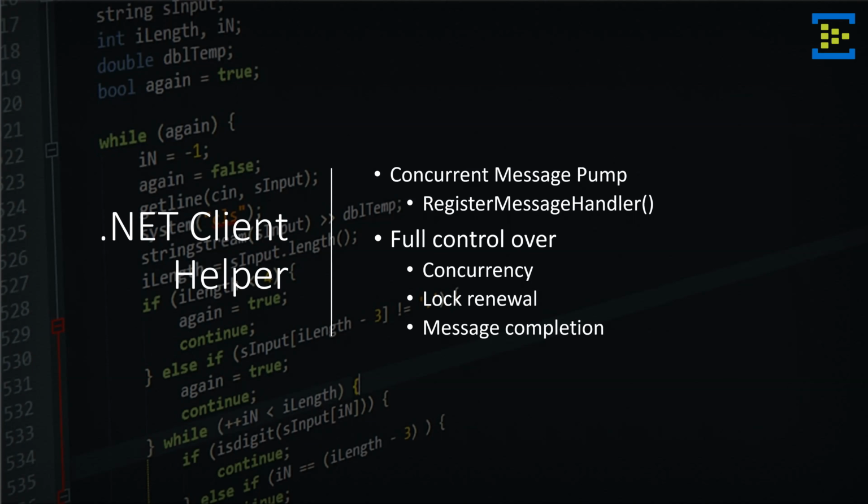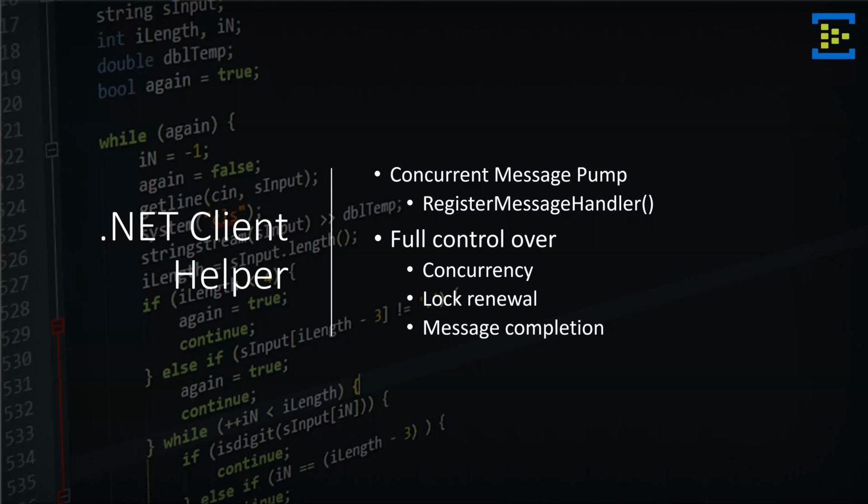Now, this built-in message pump allows you to fully control the concurrency. So you can specify up to how many messages concurrently you would like to be able to process. The message completion can be either done automatically on our behalf, which is the default, or we can control in the callback whether to complete the message or not. And also lock renewal. And that one is an interesting one because Service Bus, unlike storage queues, does not allow you unlimited message locking. The message is usually released after no more than 5 minutes.